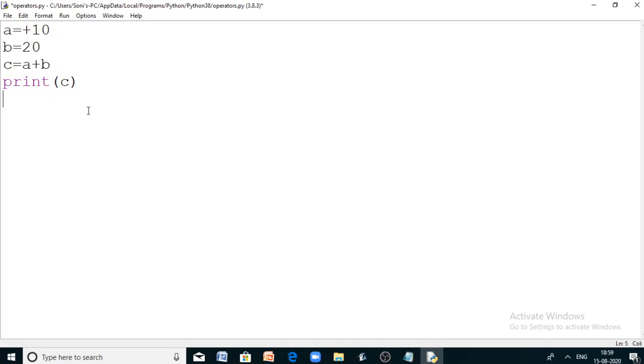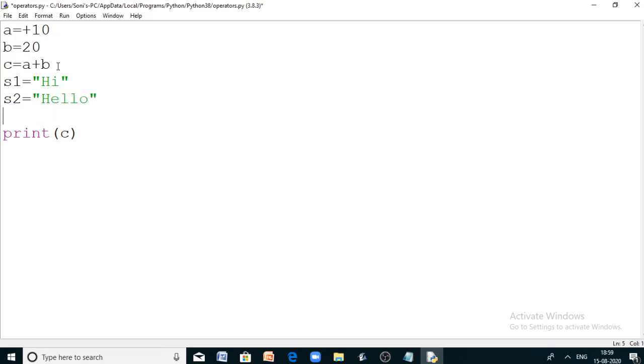Now it has one more work to do in Python, but it is not specifically mentioned. At the same time it is doing it implicitly. For example, I have two strings, s1 is equal to hi and s2 equal to hello.